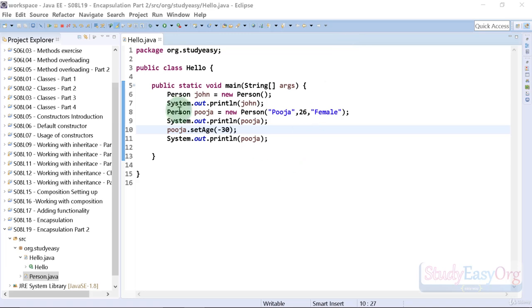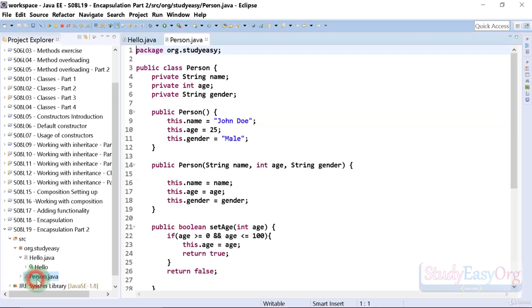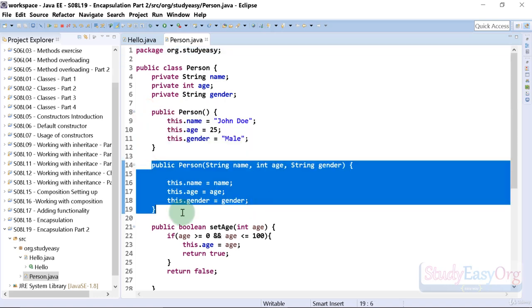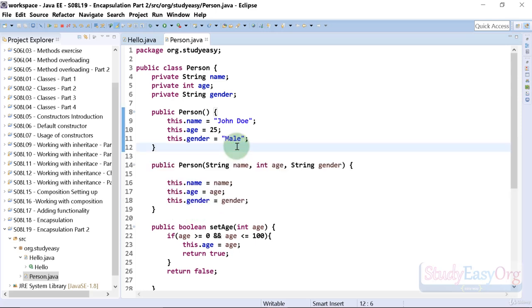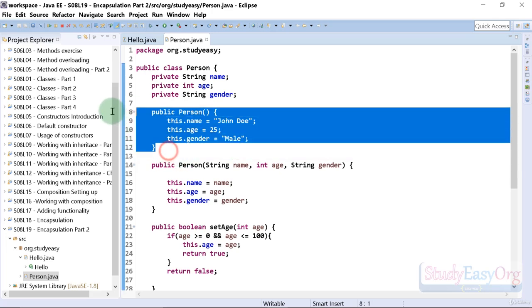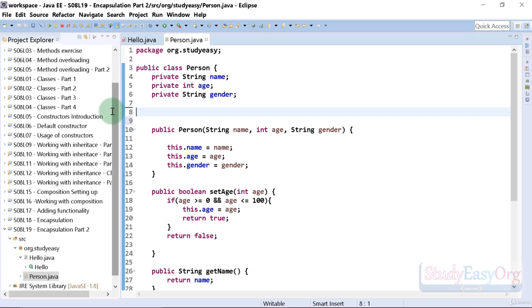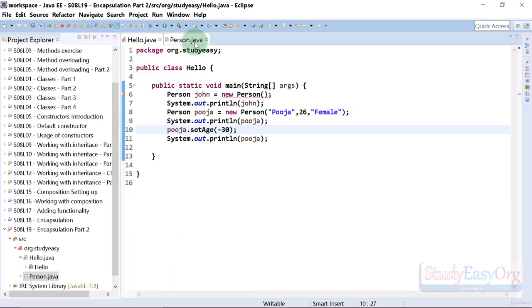last video. So in here, if I check the person.java file, we have two constructors. First one is the default constructor, second one is the parameterized constructor. Now friends, usually if we are handling the constructor part and there are a few properties which need to be initialized, the best idea is to skip the default constructor, and as soon as I do that, now it becomes mandatory